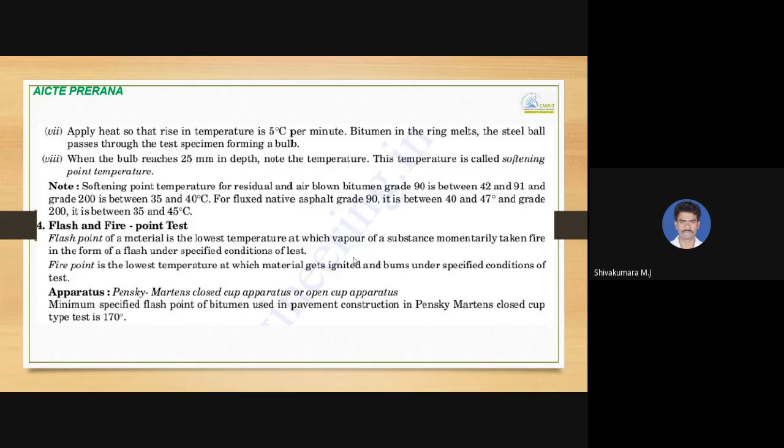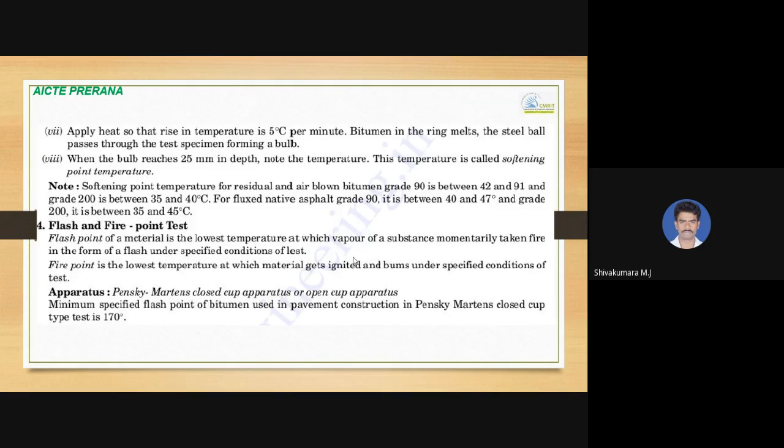And next it is the flash and fire point test. The flash point of a material is the lowest temperature at which the vapor of a substance momentarily takes fire in the form of a flash under specified conditions. And the fire point is the lowest temperature at which the material will get ignited and burn under specified conditions